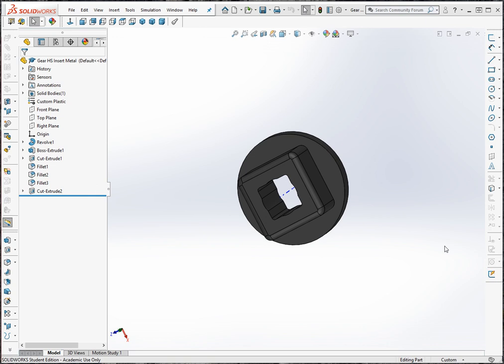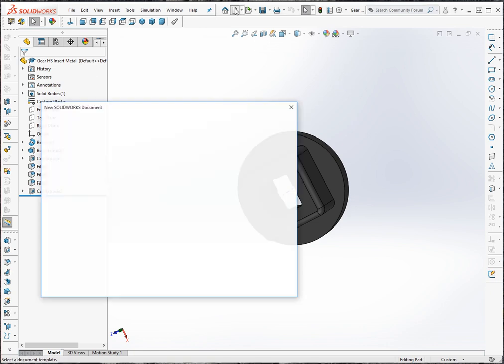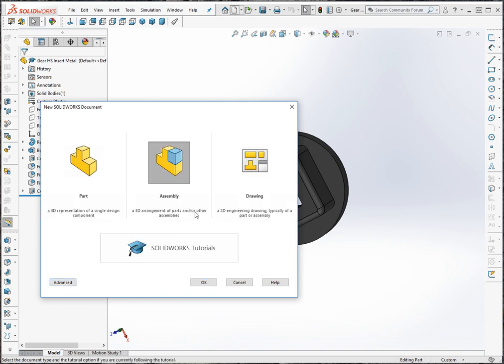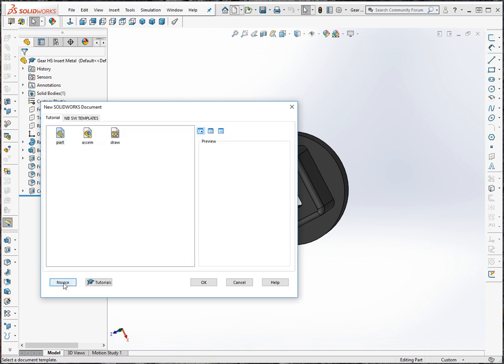Okay, so this is video part D, and what I realized at the end of the last video, I thought I was opening up a new assembly, but it actually opened up a new part. So if I click New this time, what I had to do was, yeah, for some reason when it was in this novice thing, if I picked assembly, it actually brought me a part. So if I click on Advanced, I actually have set up my own templates here,